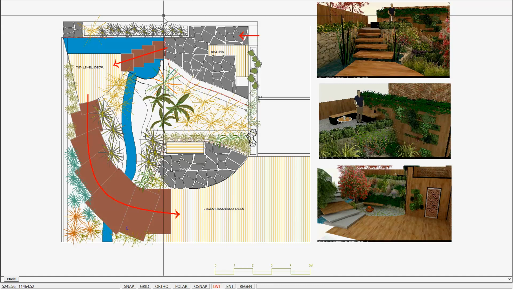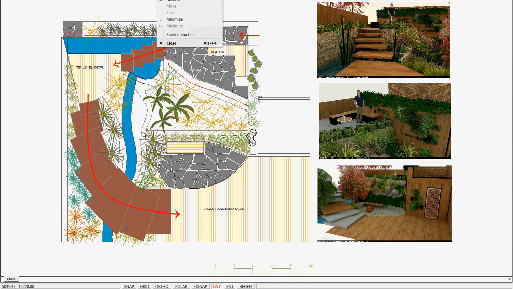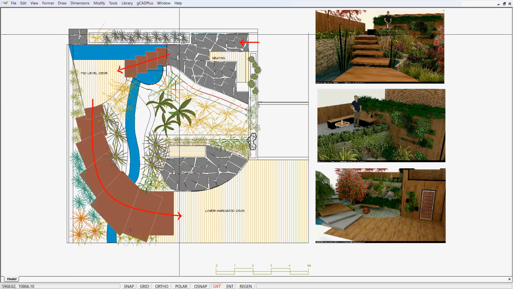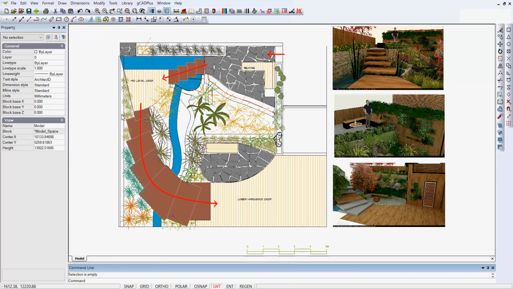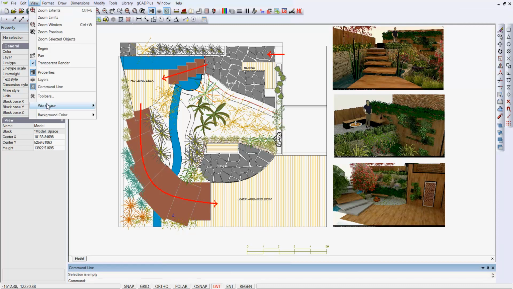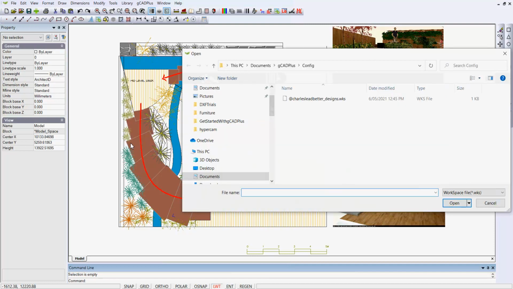If you do pick that minimal one, you can right-click up the top of the screen and show the menu bar again, and then you could go View and Workspaces and go back to the default. You can also load the collection and placement of toolbars, what's on and what's off, and save that as a name. If we go to View, Workspace, we can come down here to load a workspace, and Charles Ledbetter, working